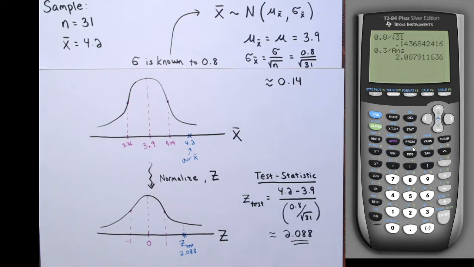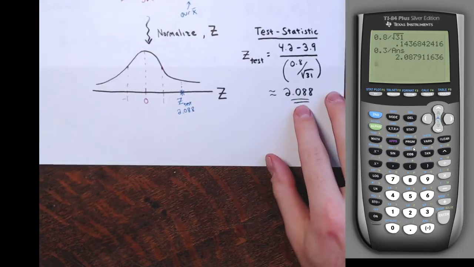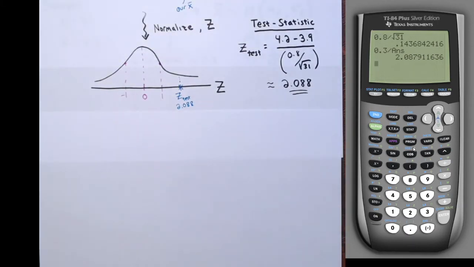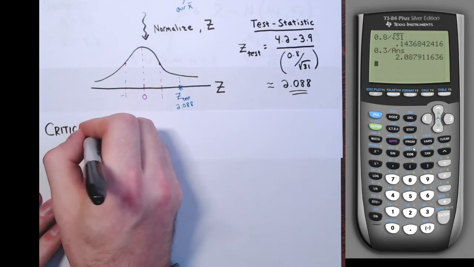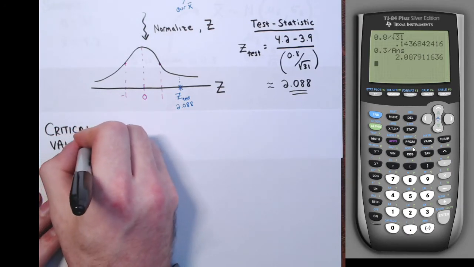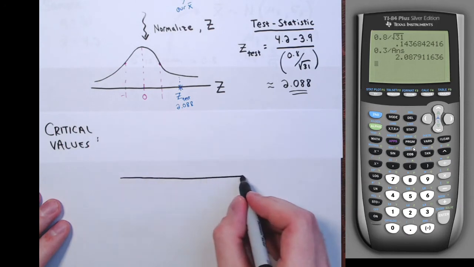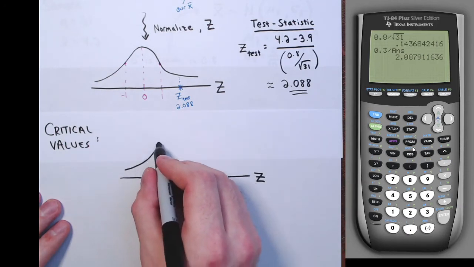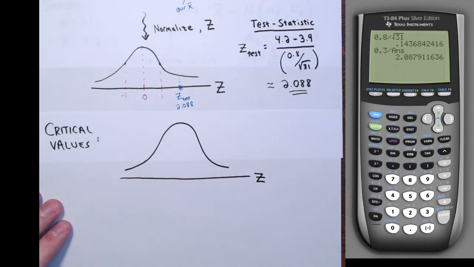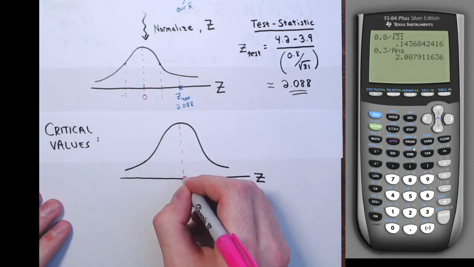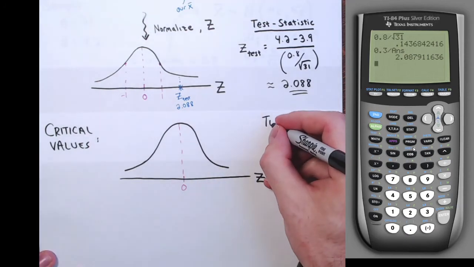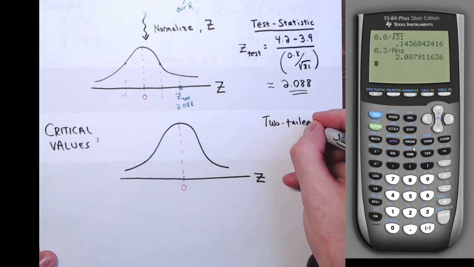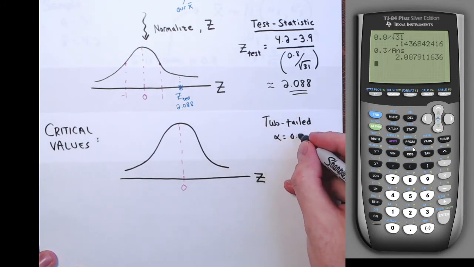All right, so now that the test statistic is found, I go and find the critical values. This is a two-tailed test, so I find two critical values, one on the right and one on the left. Again, we're looking at the z distribution, the standard normal, with mean of 0 and standard deviation of 1. So I have 0 in the middle here. Being two-tailed, and alpha equals 1%, 0.01,